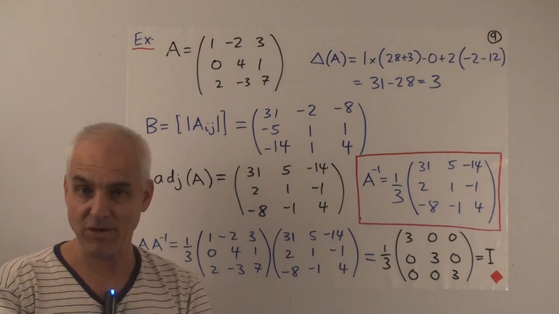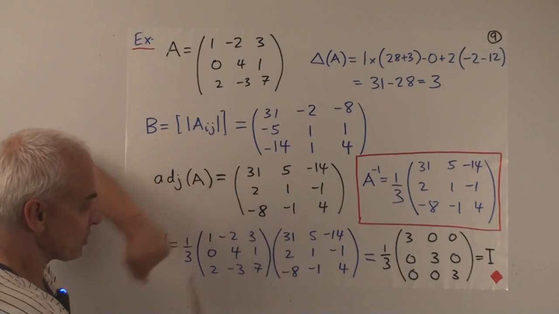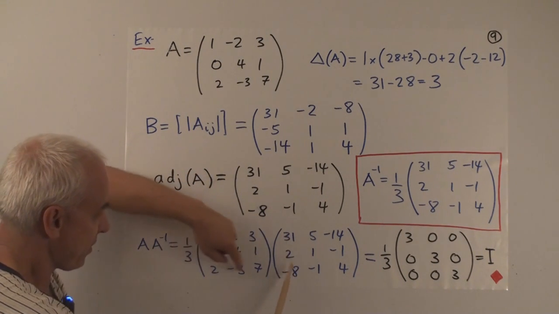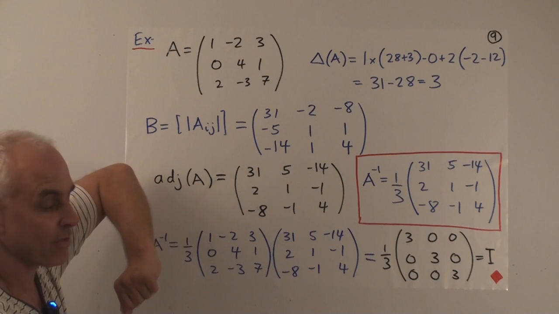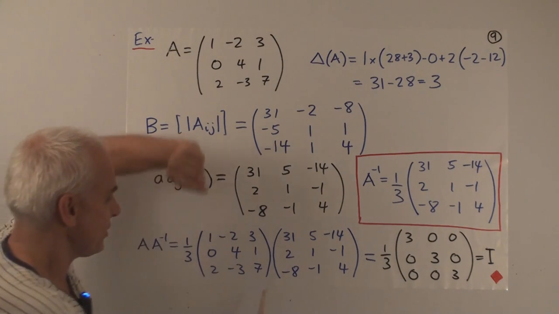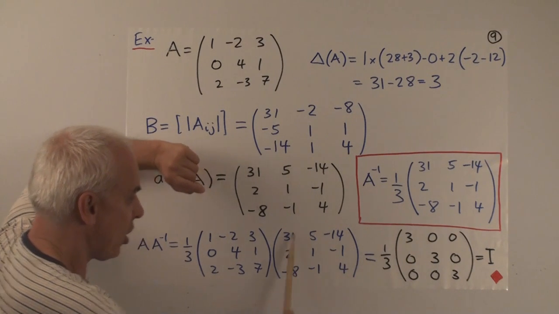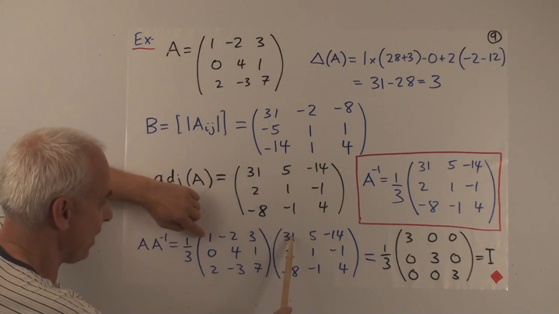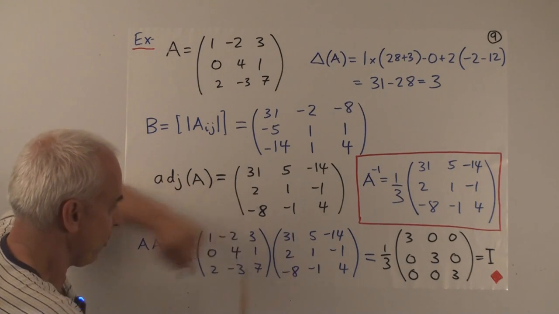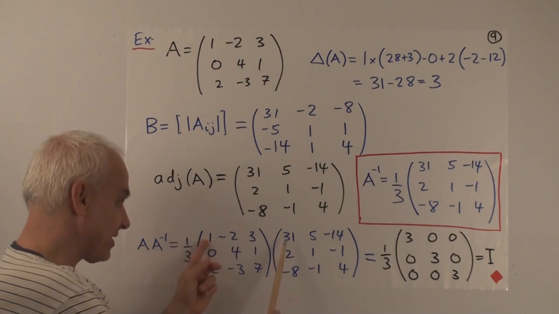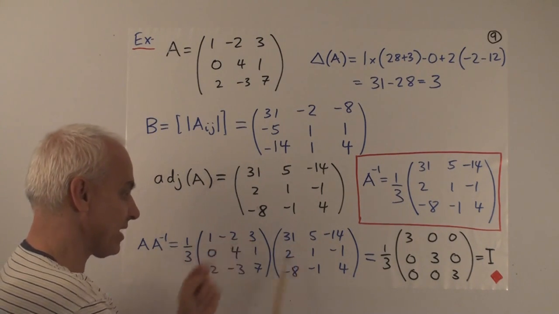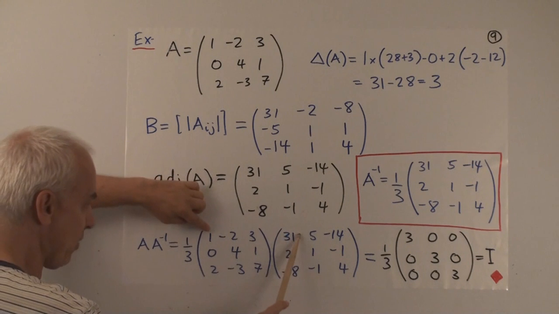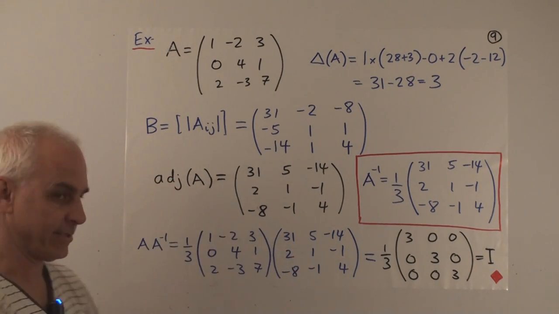How are we going to multiply these two matrices? Well, remember what we did for 2 by 2 matrices. We started with the first column. And what we did is we multiplied that first column first by the first row, and then the second row, and then the third row of this matrix on the left. We're going to do exactly the same. So, to get the first column of the result, we're going to take this first column on the right here, and we're going to multiply it first by this row, then by this row, then by this row. And when I say multiply, it means we're going to take this times this, plus this times this, plus this times this. So a sum of 3 products. What do we get? 31 minus 4 minus 8.